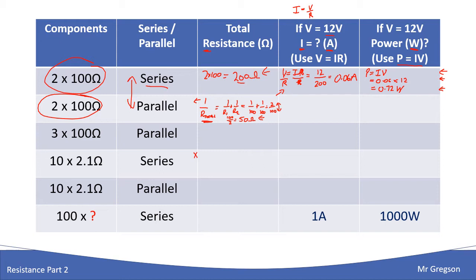I don't think I need to do this box for you. You just use this number that you've just worked out instead of just substituting in. So rather than 200 ohms, you'll be putting 50 ohms in, and you'll get an answer for the current, and same for power. So the only difference on this sheet is whether it's in series or parallel. And obviously, I've changed things up a little bit down top to bottom, and those are the ones I want